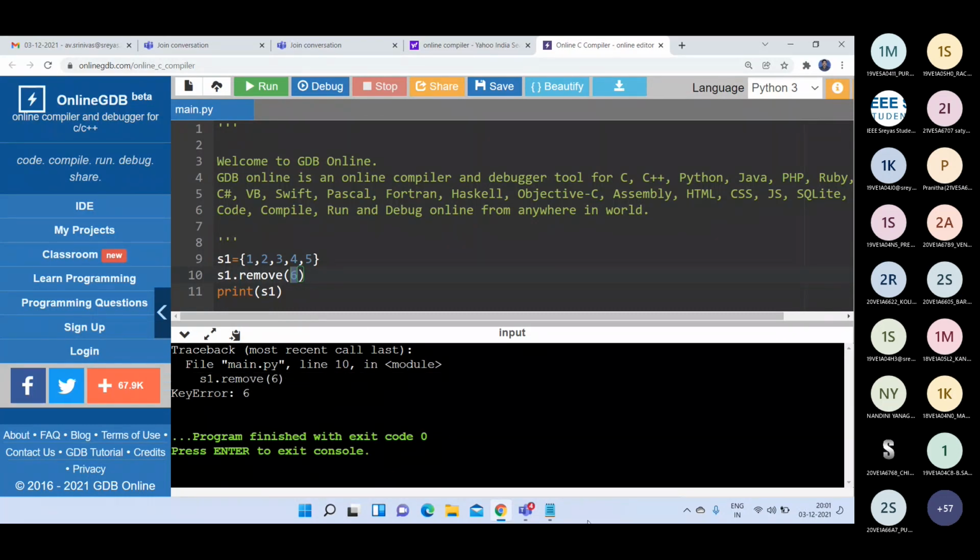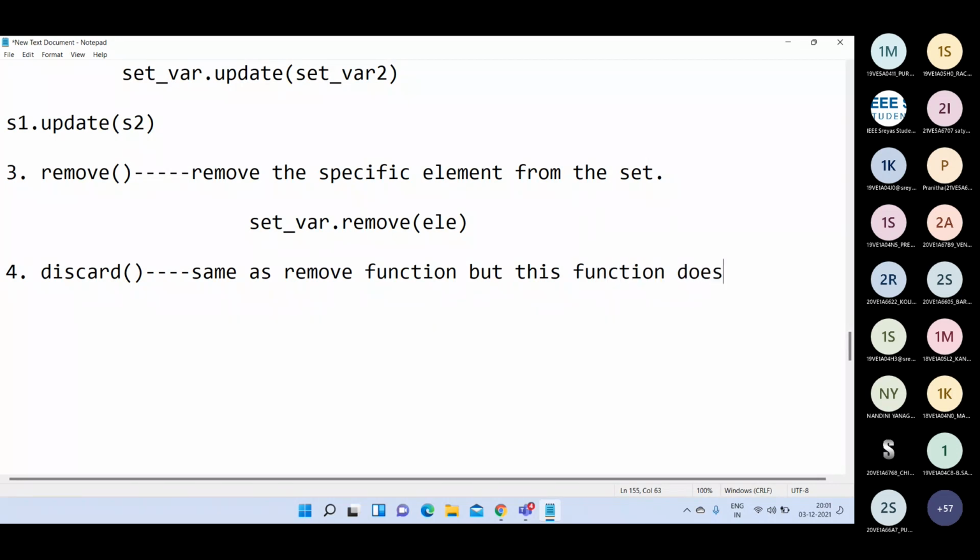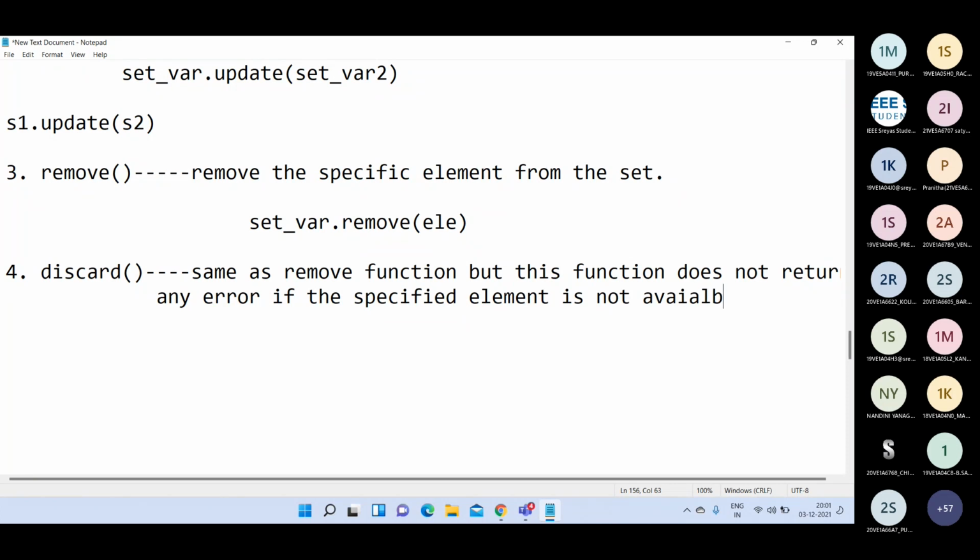Whereas the next function, the fourth function we are going to discuss, is the discard function. This discard function is also the same as the remove function, but it does not return any error if the specified element is not available in the set.